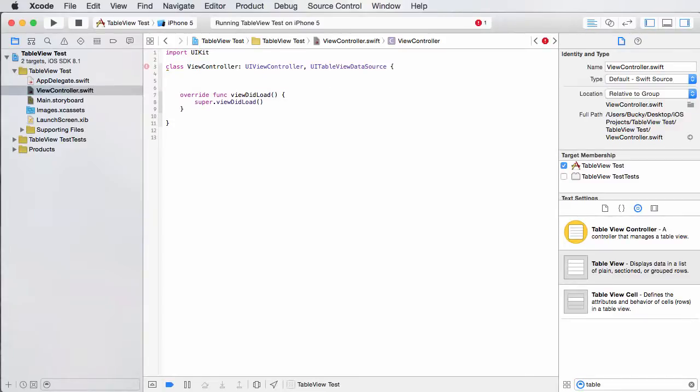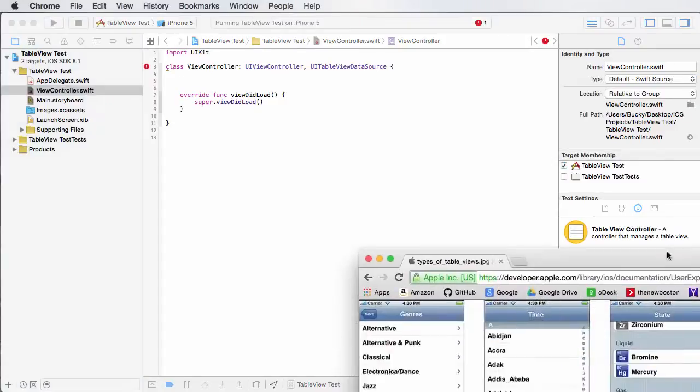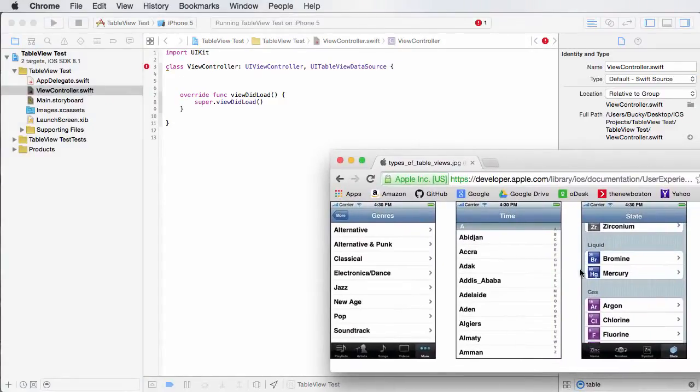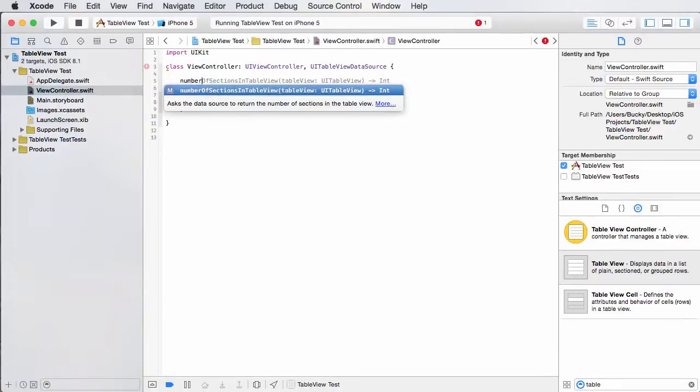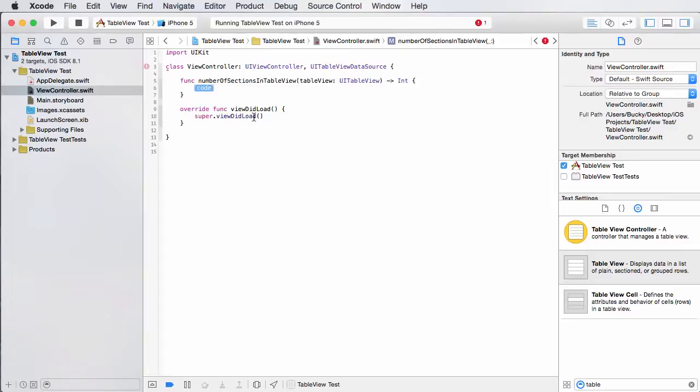So what methods do we need to implement whenever we're acting as a data source? Well, there are three really important methods. The first one is how many sections are in your table. So we need to make a method that says, okay, for this example, we'll only use one. But if you're making something like this, then you might use three. So let's take care of that method first. And the method is called numberOfSections in tableView. So just type in number, hit enter, and all this does is we have to return